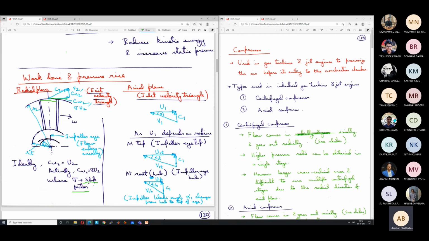if we change the geometry, if we increase the number of blades or decrease the number of blades, vanes, which are called vanes, will sigma increase? If I increase the number of vanes, will sigma increase? Or if I decrease the number of vanes, sigma will increase? What will cause the increase of sigma? We want more sigma, right?